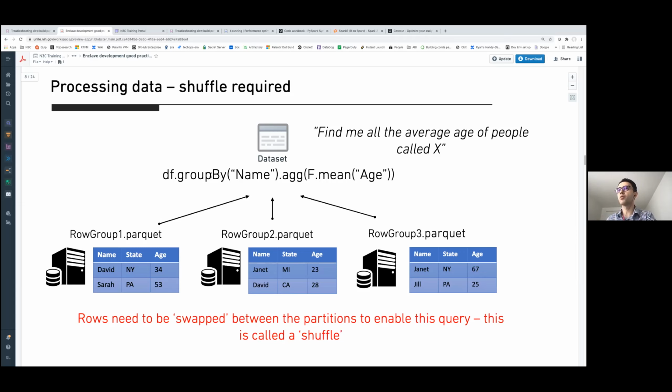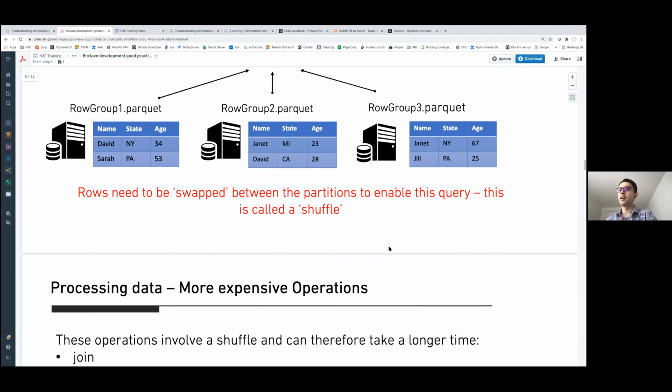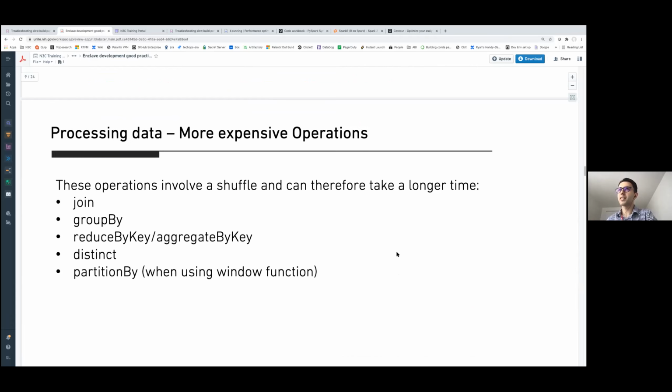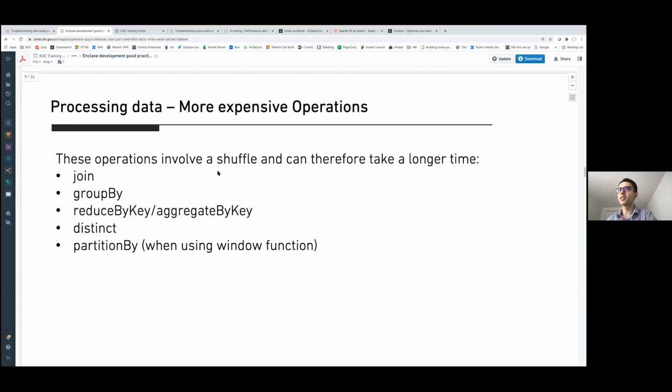So if we run a group by query, Spark performs what we call a shuffle, meaning that rows are swapped between partitions so that this query is enabled. And these are some examples of queries that require a shuffle. The most common ones are joins and group bys, and for example, running distinct for deduplication.